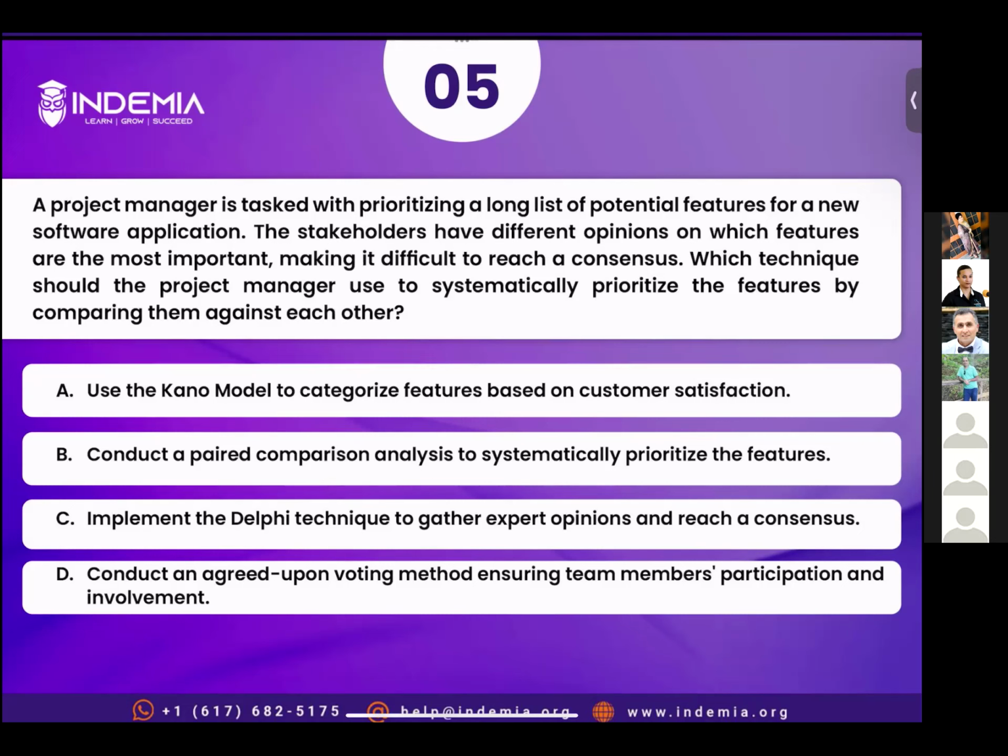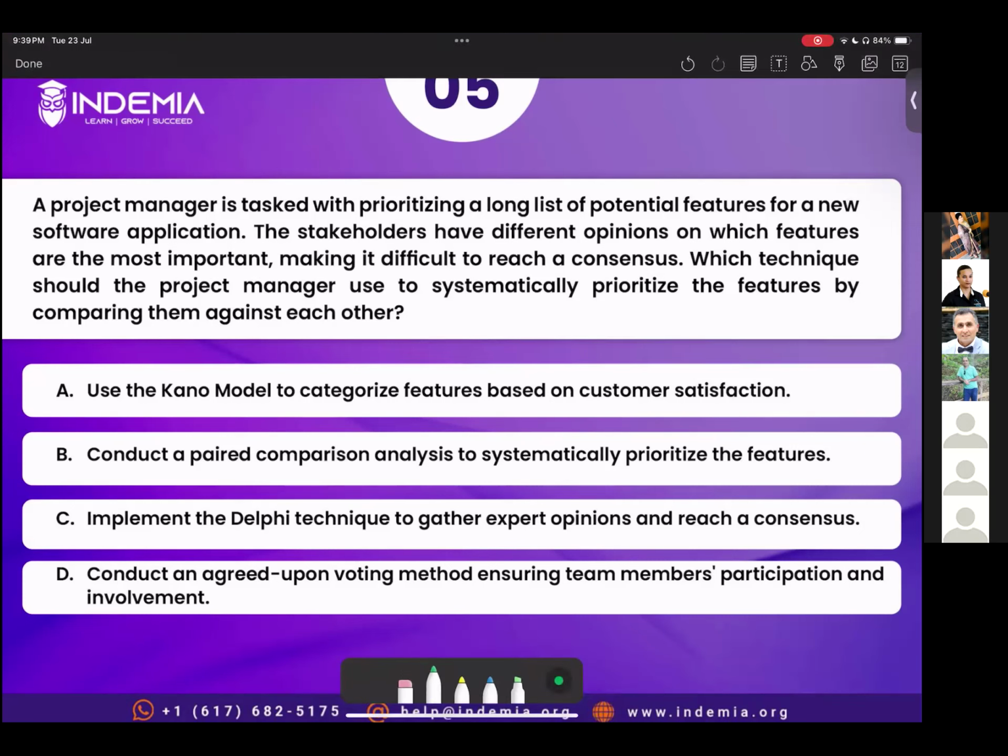All right, Francis, you have chosen option A. Yes, I've chosen option A because I went by elimination, and I came up with it because it's a framework by which a team selects or prioritizes the items or features from the product backlog. So I think that made more sense to me. All right, so you're saying we need to do prioritization of the features. So the correct answer is option A. Yes. All right, thank you.